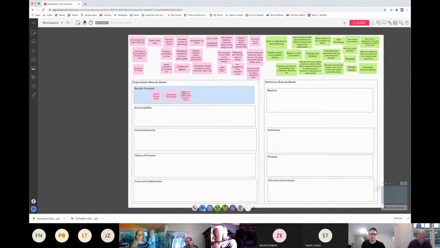I just want to emphasize what Scott just said. I hope you can see my screen now. Can you see the Mural screen again or no? Yes. Okay, so I'm moving some of them. For example, these are the things that people were saying. Fear of sharing ideas, employees fear change. People are afraid if they speak out. So maybe they're related. Maybe all voices are not heard. Maybe there's a characteristic that structure silences voices. And this is not stuff that Scott or I made up. These are the things that people were saying.